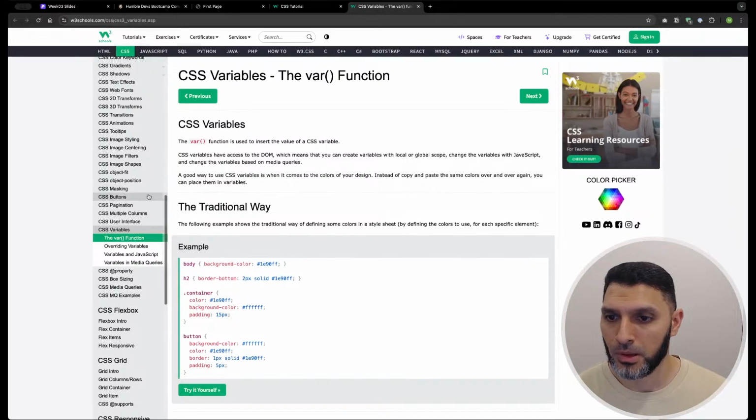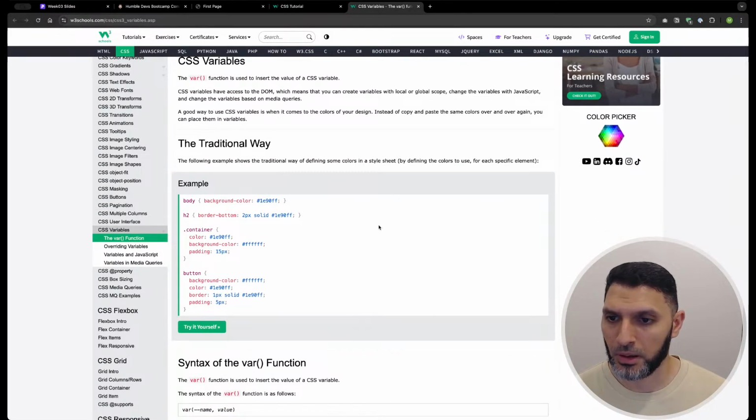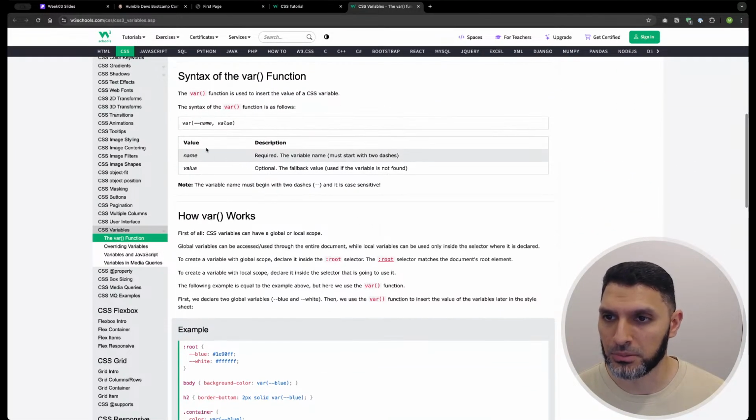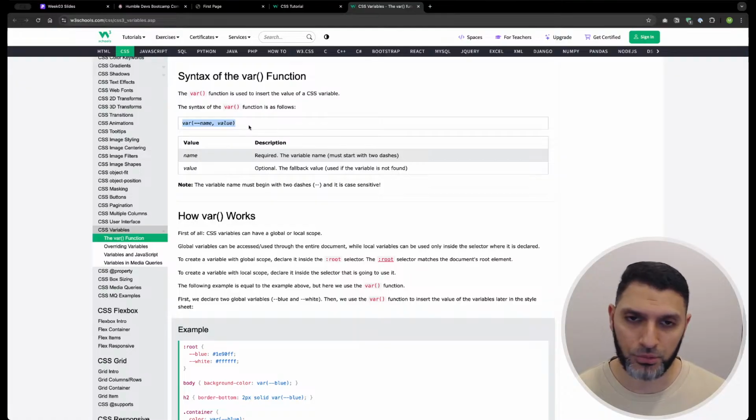All right. So it's very simple. You can either define a variable like this. So you say var, which is the short for variable. Within brackets, you state the name of the variable. So whatever you